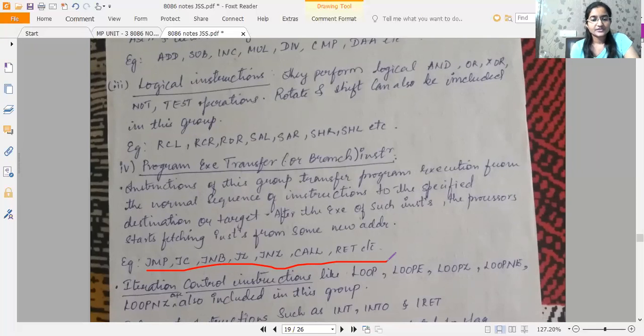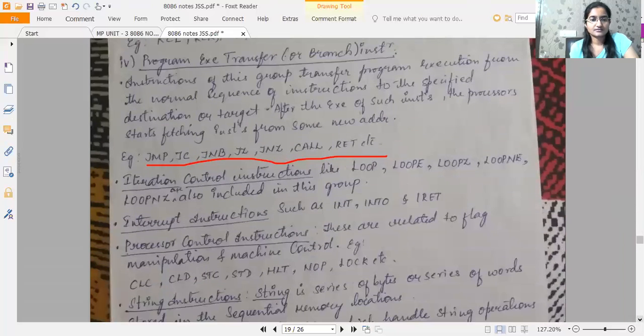All right. So when your processor PC is shifted from one address to some other address, such instructions are called program execution transfer instructions or branch instructions. Iteration control instructions like loop.